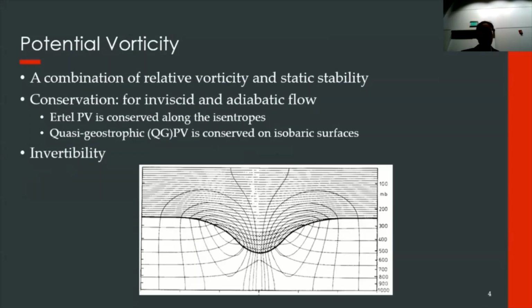So for anyone who has taken GFD, you know the potential vorticity. It is a combination of relative vorticity and static stability, and is known for its two convenient properties. One is conservation, which states that for any inviscid and adiabatic flow, the Ertel PV is conserved along the isentropes, and the quasi-geostrophic PV is conserved along the isobaric surfaces. And the second property is invertibility, which states that for a given PV perturbation, you can invert winds and temperature